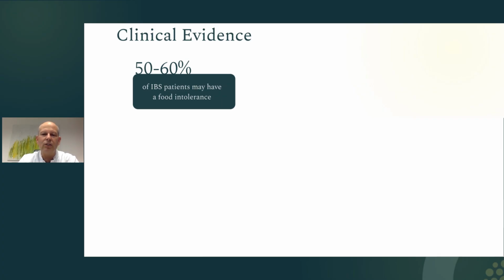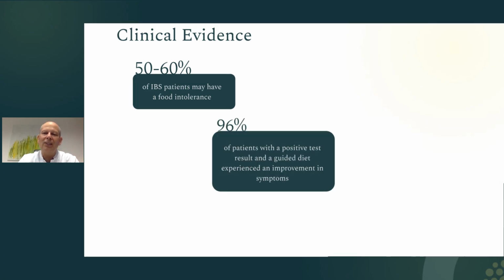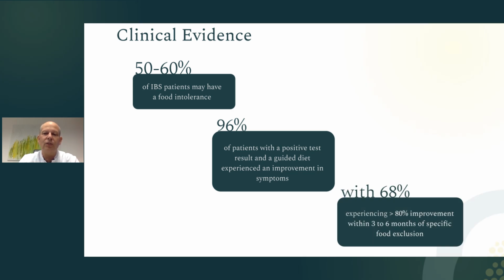Moreover, and that was even striking, 96 of the patients had an improvement of their symptoms when they had a tailored diet based on the results of endomicroscopy. And moreover, this positive result was very durable over 3 to 6 months, with more than 80% improvement of about 70% of the